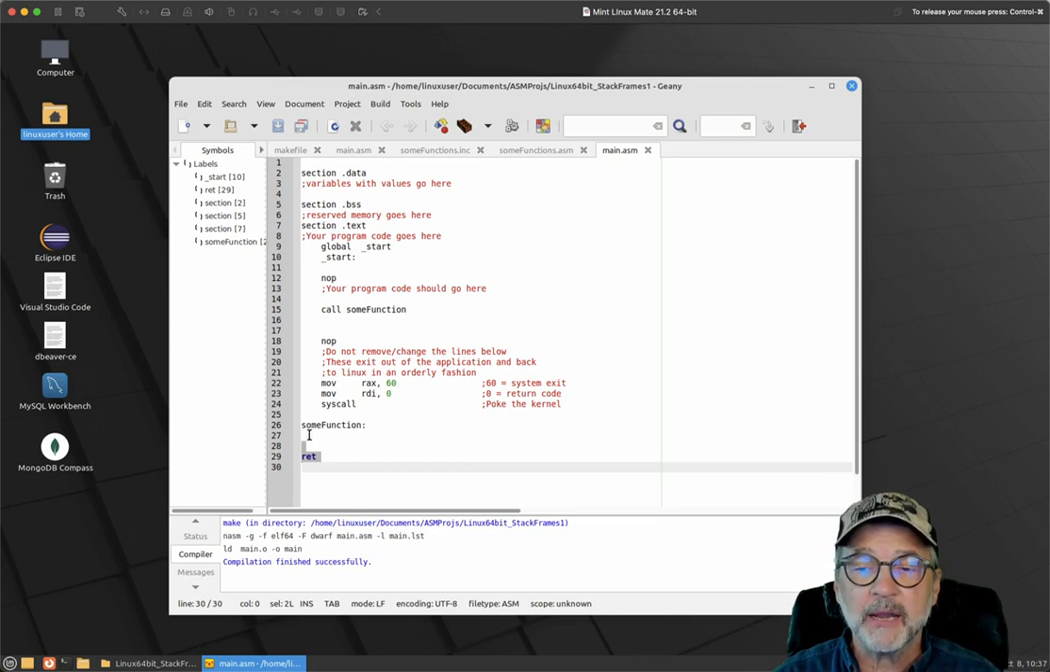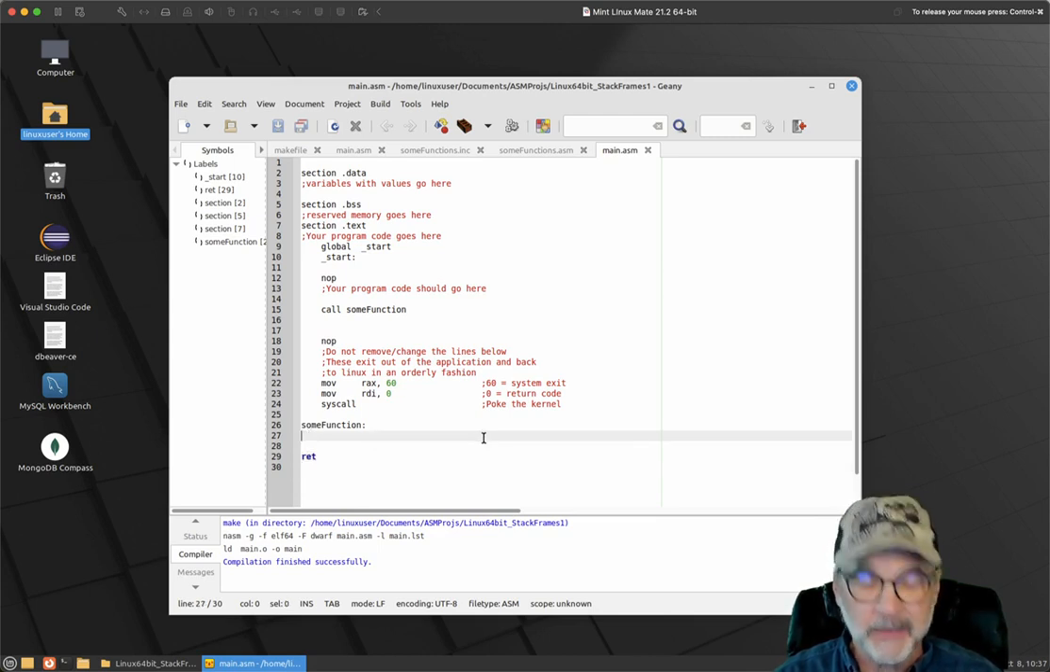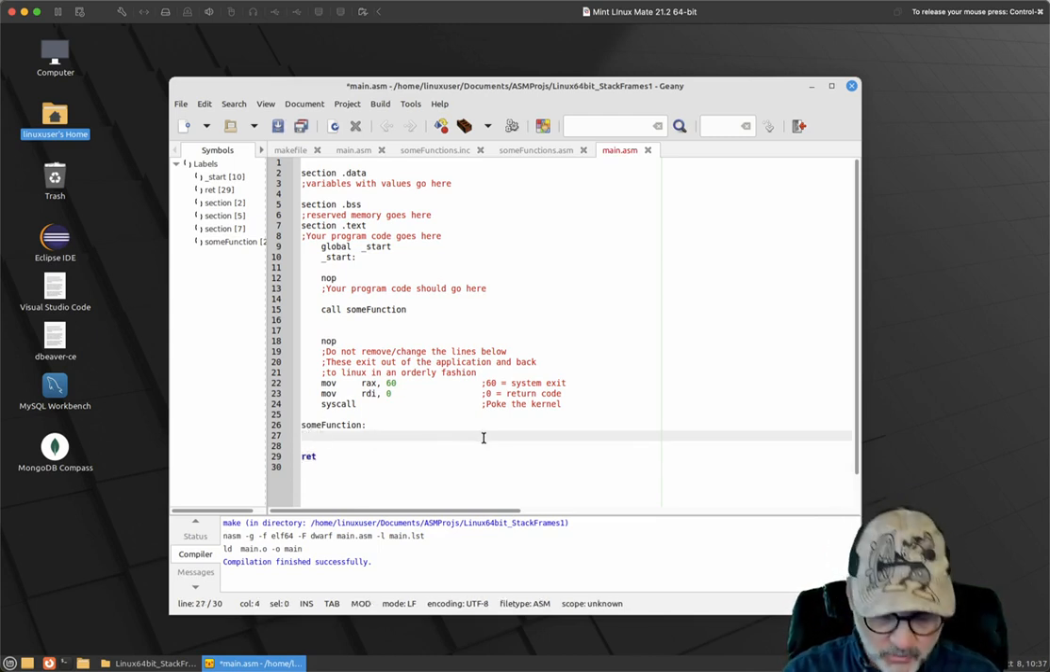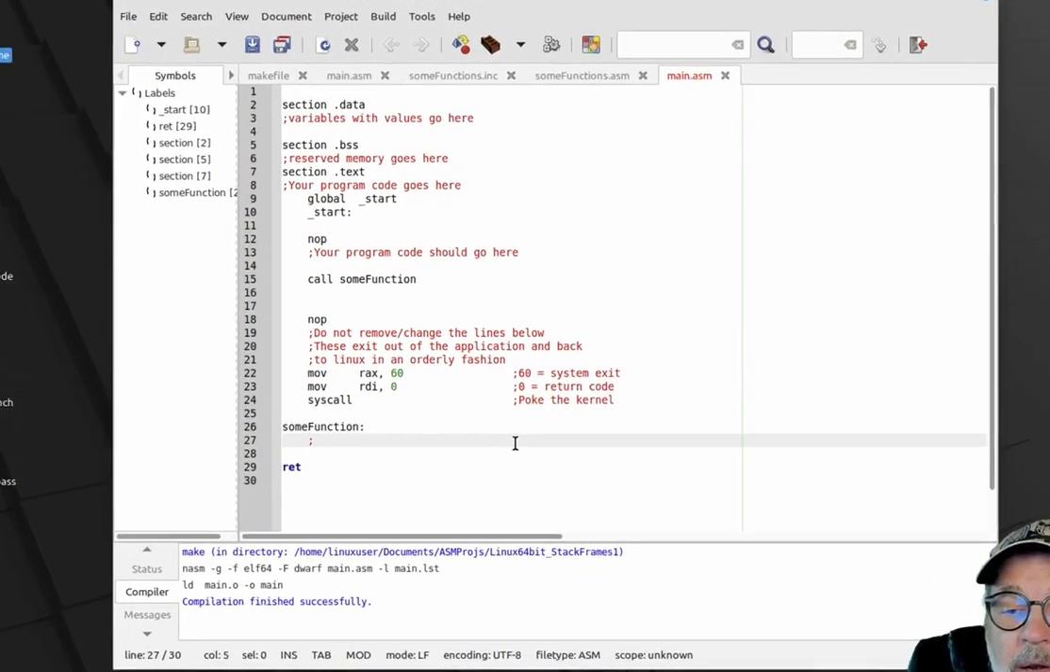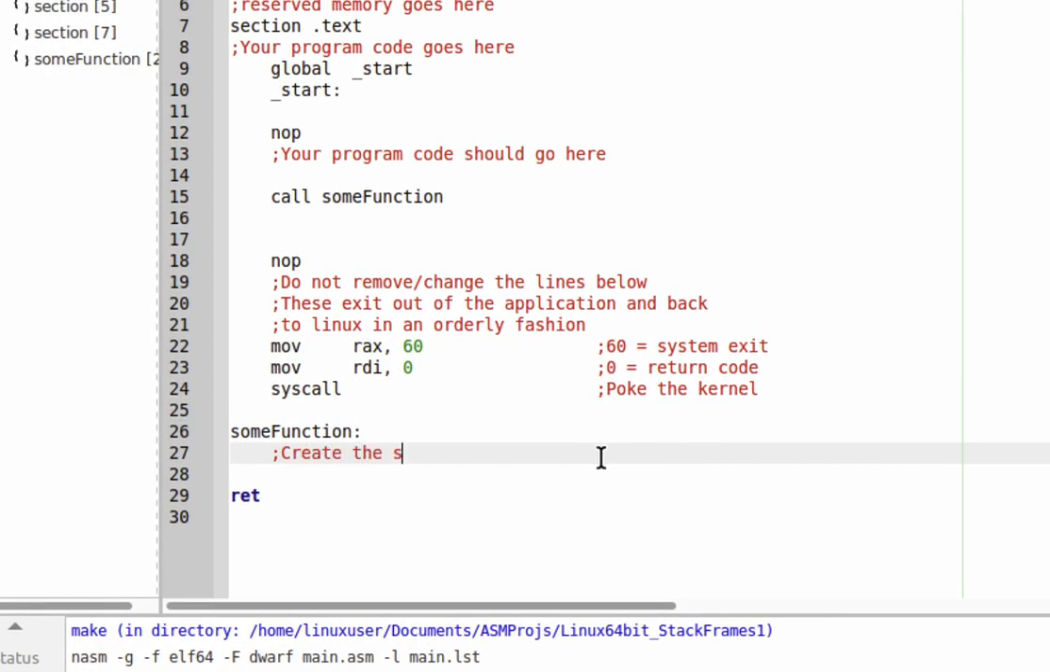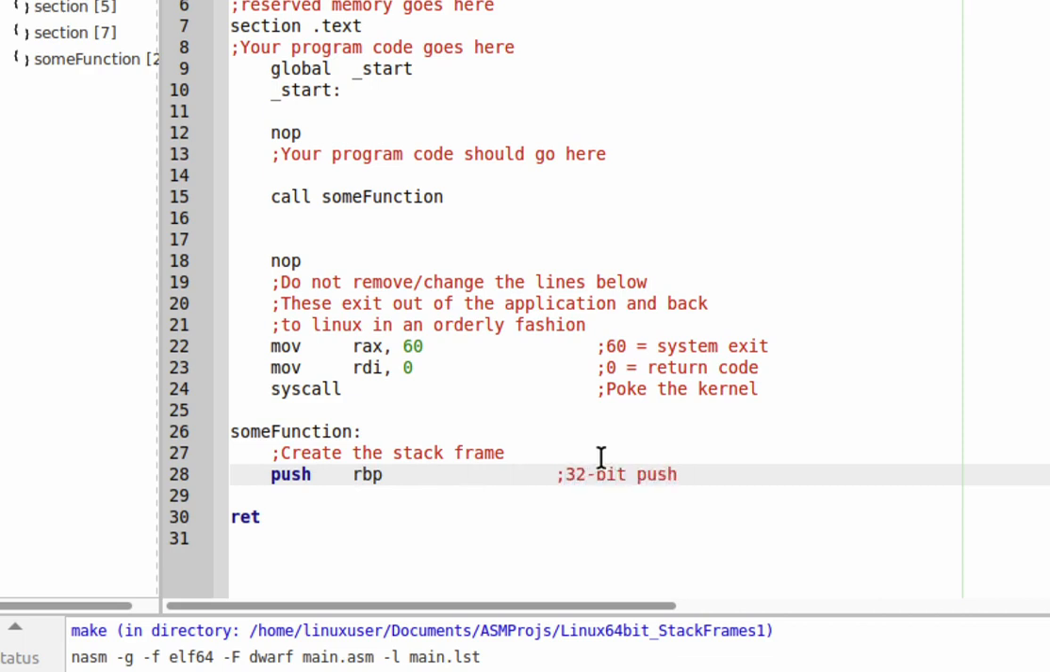So whenever I create a function, I always put a return right there. Now, the first thing you want to do to create your stack frame, and I'm just going to put a comment in here, create the stack frame. The first thing you want to do, number one, is you want to push the RBP. Now for 32-bit, it would be a push EBP. So you want to push the RBP, and if you remember, the RBP is the